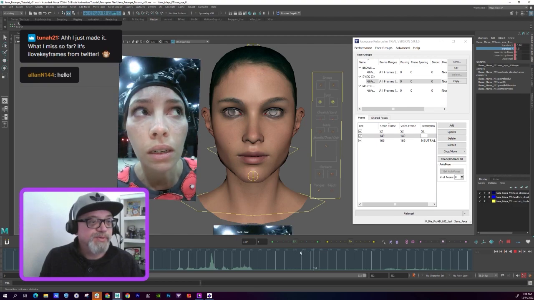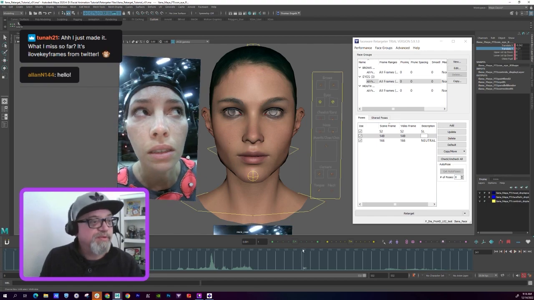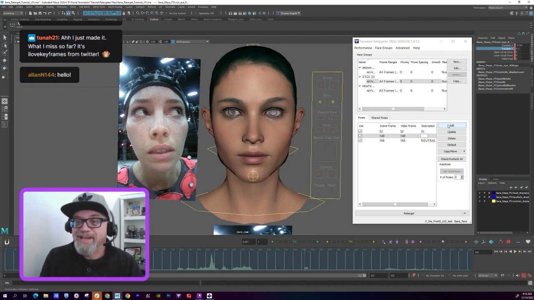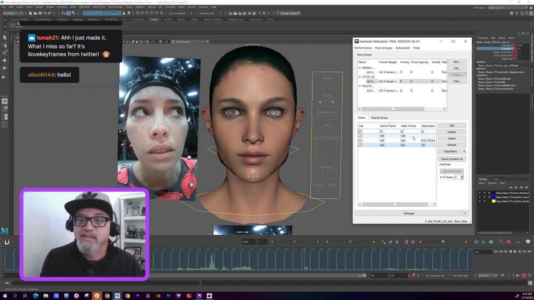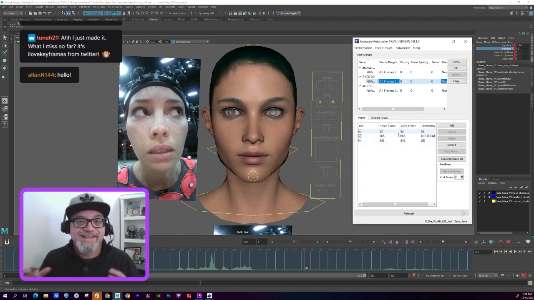Oh, there's a good one. Frame by frame till it's the most extreme. You're looking for the extremes here. So let's add this one. This one is screen right. We can delete this one because you don't want too many keys. The idea in using Retargeter is the fewest amount of keys possible to make it look right,